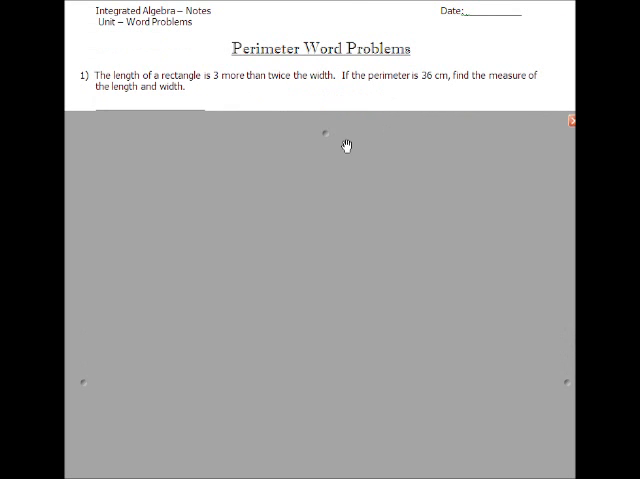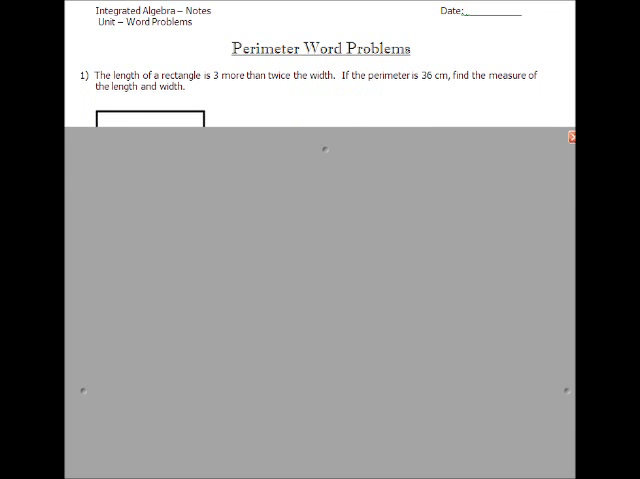Are you ready for some perimeter problems? I hope so. We're doing perimeter and consecutive number problems. So in your packets, here we go. All right, for perimeter problems, the good news is you don't need let statements, but you do need a little